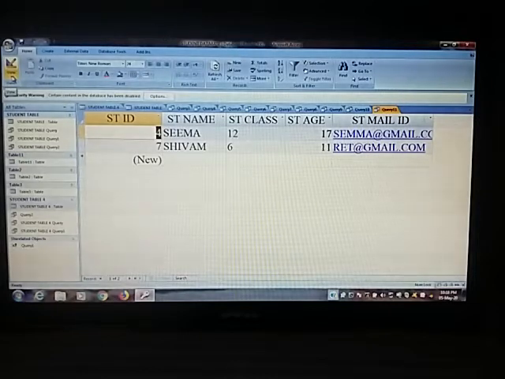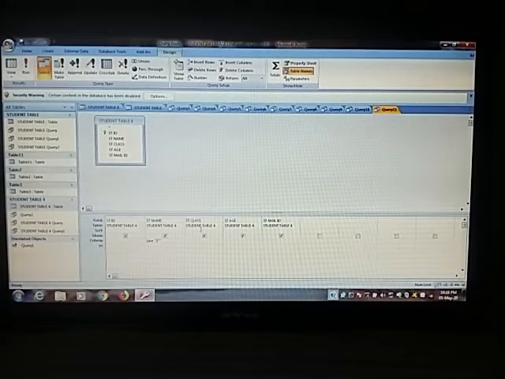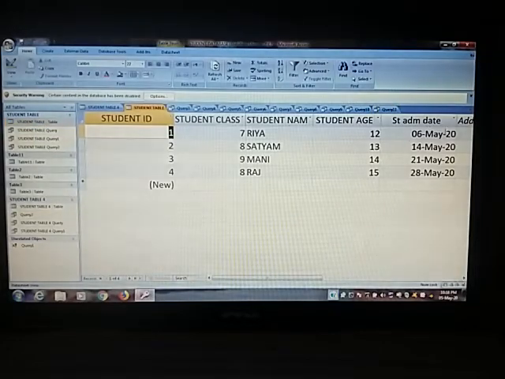So again go to the query design. Now you can also use between for a date and time. Suppose we have a student table where the admission date is 6/2/21, and we want to find the people who took admission between 6 May and 21 May.